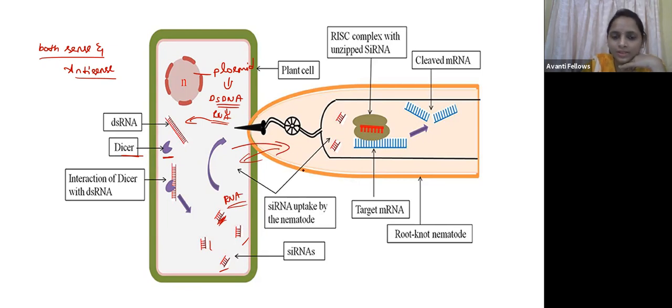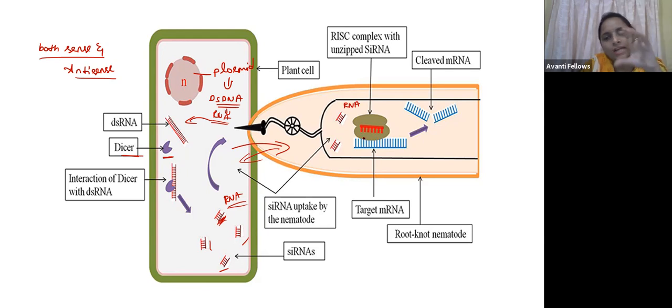Okay, pest. So now what will happen, guys? Here this double stranded RNA is going to be processed in the pest. You can see this double stranded RNA now. Sorry guys, I kept saying DNA. So this double stranded RNA is going to bind to the RISC complex.